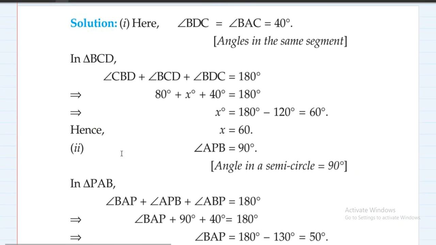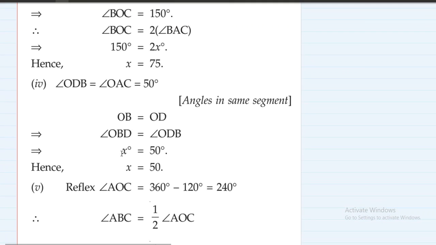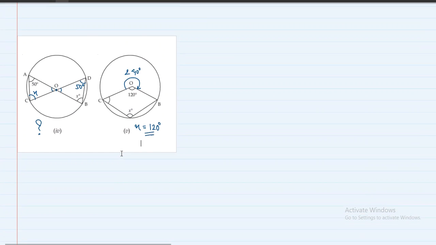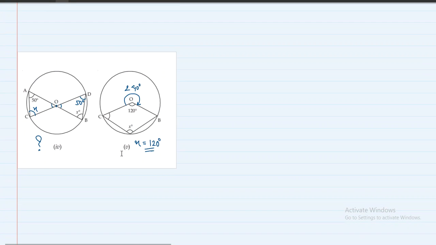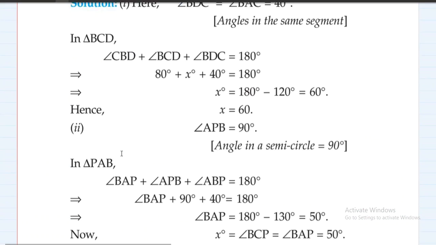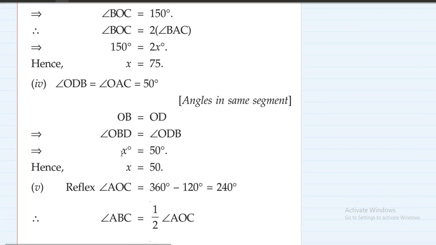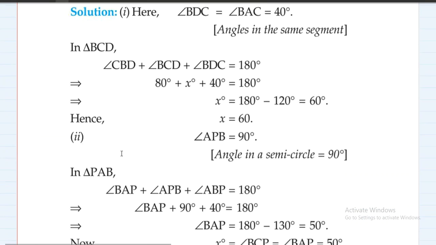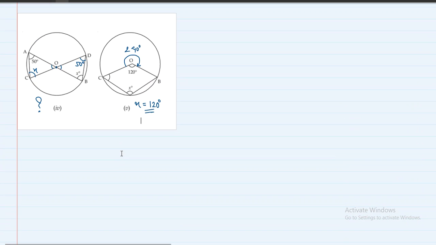सिर्फ क्वेश्चन नंबर 4 में हमें डाउट है। लेट्स चेक क्वेश्चन नंबर 4 किया कैसे उन्होंने। ODB इज इक्वल टू OAC, 50 डिग्री। हाँ वो तो मैंने बताया था पहले ही। और OB इज इक्वल टू OD। ओह माय गॉड, OB इज इक्वल टू OD। रेडियाई ऑफ द सर्कल हमने देखा ही नहीं, मतलब OB और OD इक्वल है ना, ये तो सेंटर है, तो ये तो रेडियाई हो गई। तो अगर ये 50 है तो ये भी 50 होगा, बिकॉज एंगल्स ऑपोजिट टू इक्वल साइड्स आर इक्वल। मतलब x की वैल्यू कितनी हो जाएगी यहाँ पे, 50 डिग्री।